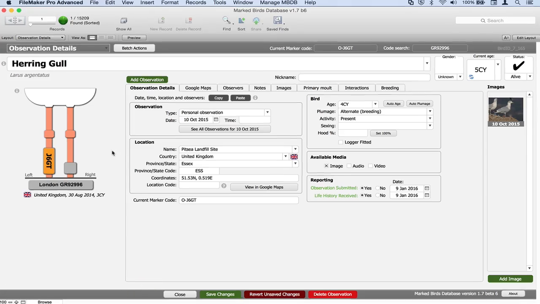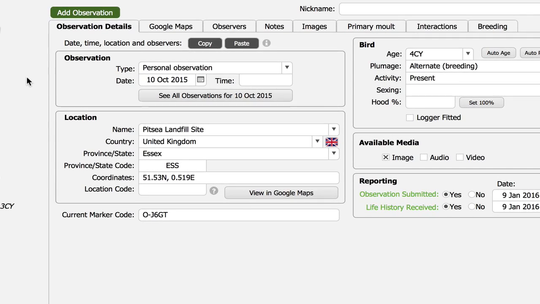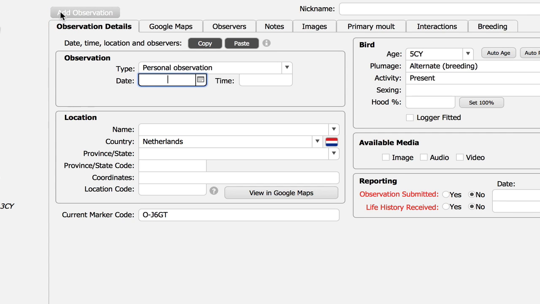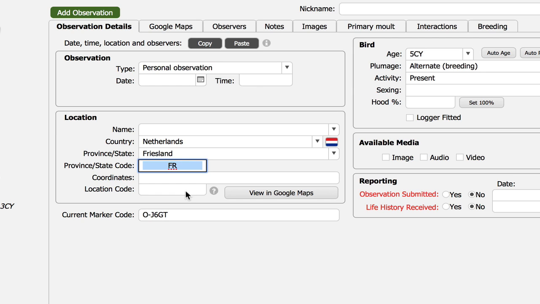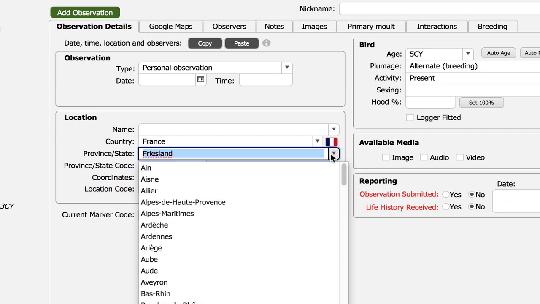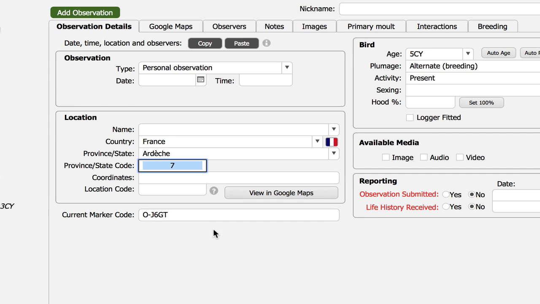But basically the way it works is, for instance, if I want to now add a new observation for this bird, I click on Add Observation. And in the list of provinces and states, you can choose the province that's related to the country that's filled in the country field. So here for the Netherlands, you can see that all the provinces of the Netherlands are available, and if I choose one, you can see that the province code is automatically entered. But if I would, for instance, change this to, well, let's say France, then all the provinces in French would be available to me, and the province or state code will automatically change